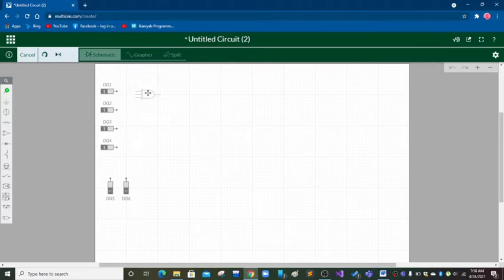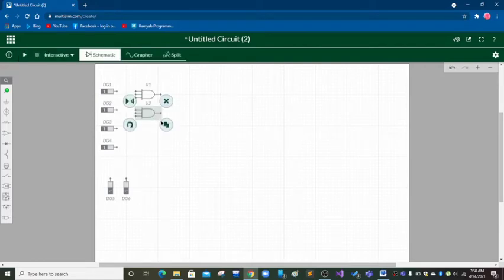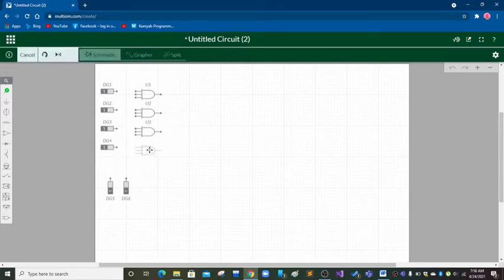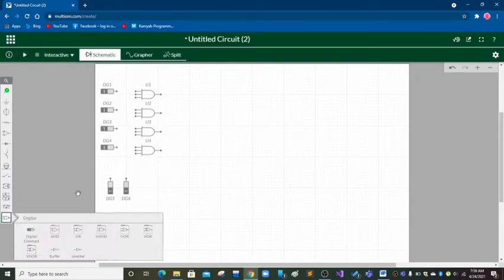Here are the AND gates. And then we need 2 inverters.